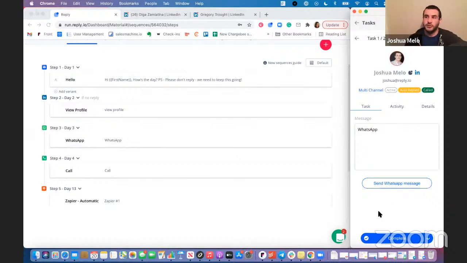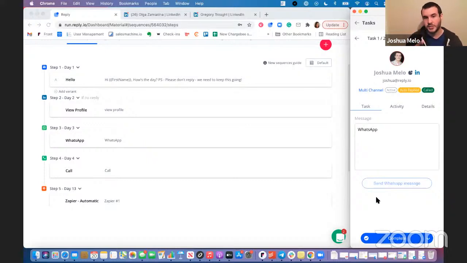Whatever message that you've written in advance will be displayed here, and you can use variables just like you were using them in your regular email steps. Then all you would need to do is hit the associated send LinkedIn message. So where it says send WhatsApp message, that'll just say LinkedIn instead, and it will instantly send to the profile that you have in that contact in the LinkedIn field. It will send this message to that URL as soon as you hit the button.